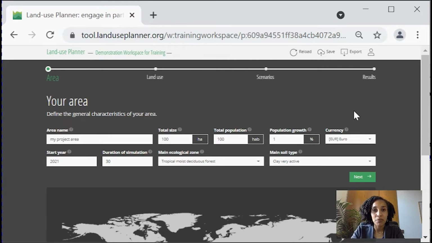about your area, and also where you can modify any information that you've previously entered. Periodically, and before you close the Land Use Planner window, you should save your project, which you can do by clicking Save on the top right of your screen. If you close and reopen this page, all of the information that you've previously entered into the Land Use Planner